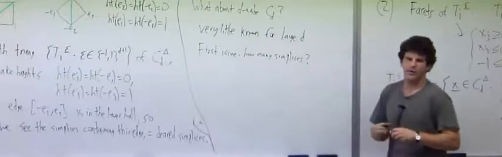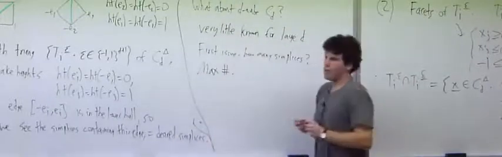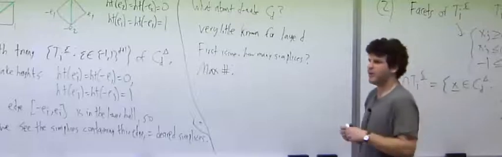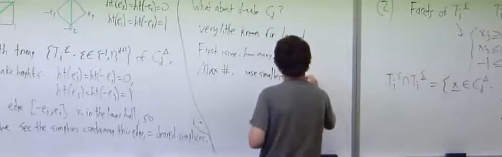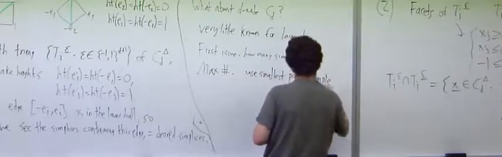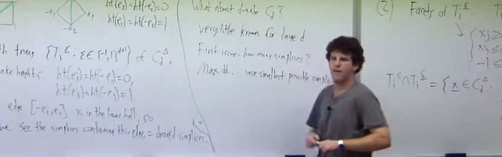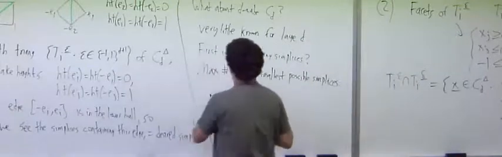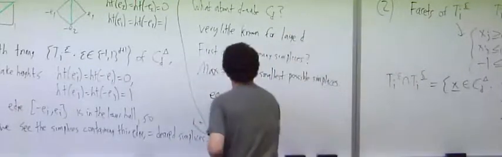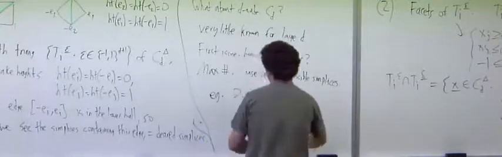Well, the maximum number: what's the smallest volume a simplex could have? It's going to be a simplex whose coordinates are integer 0, 1 vectors. And those are going to have volume 1 over d factorial. So for example, let's take the simplex where I just take the points 0, E1, E2, up to Ed. If I take the convex hull of that,